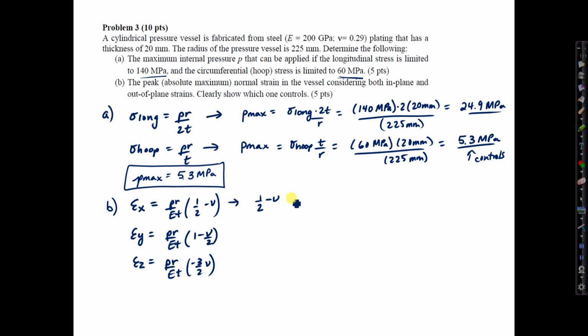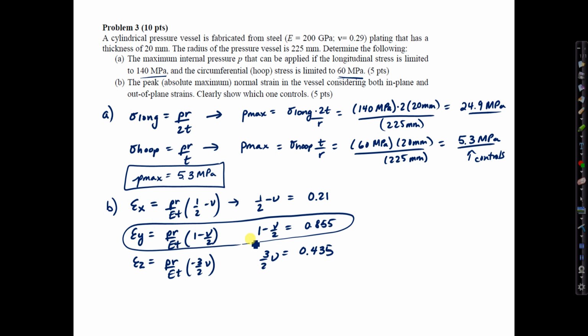1/2 minus nu is equal to 0.21. 1 minus nu over 2 is equal to 0.855. 3/2 Poisson's ratio is equal to 0.435. So the largest value is clearly this one, and this epsilon y is going to be the controlling value here. So I'll solve for epsilon y. Epsilon y, or epsilon hoop, PR over ET times 1 minus nu over 2, substituting my values, the maximum P